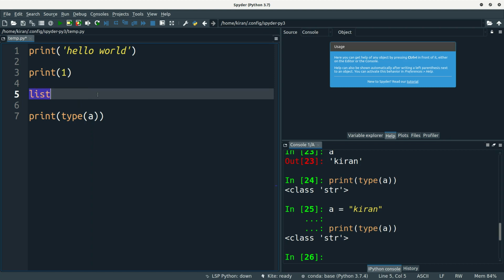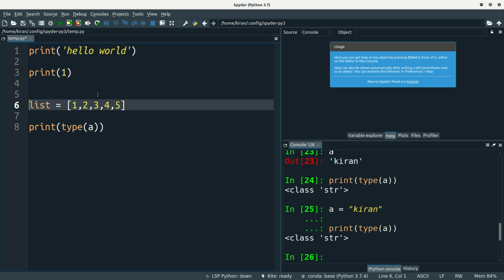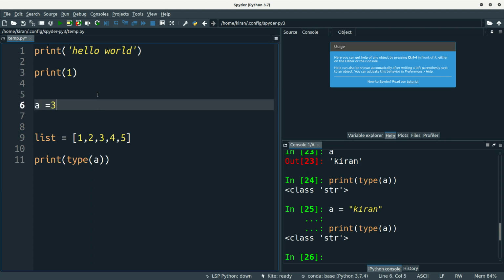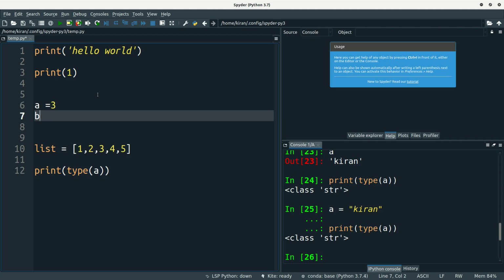If you are familiar with the C language, a list is equivalent to an array. An array will be in this format, and there can be numbers in the array. Don't assign this list. I will give you some keywords here. Whenever you are trying to assign something like a equal to 1 or b equal to 2,